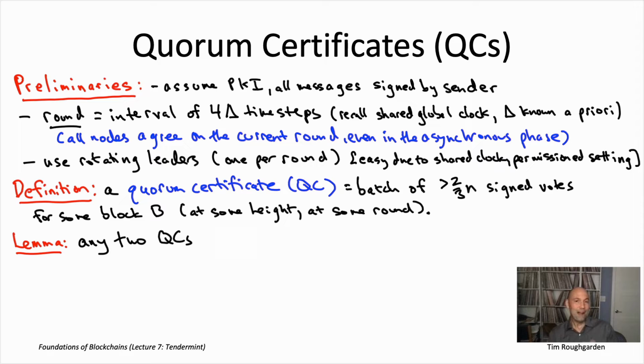So that means the fraction of nodes that signed neither the first QC nor the second QC is at most 33 plus 33, which is 66%, which means the rest of them, 34%, signed both. Now, because we're assuming that f is less than n over 3, because less than 1/3 of the nodes are Byzantine, it cannot be that this entire 34% overlap is Byzantine nodes. There must be at least one honest node in the overlap. If you prefer just the simple arithmetic, I'll put that on the slide, but what I told you in English is a totally correct proof of this lemma.